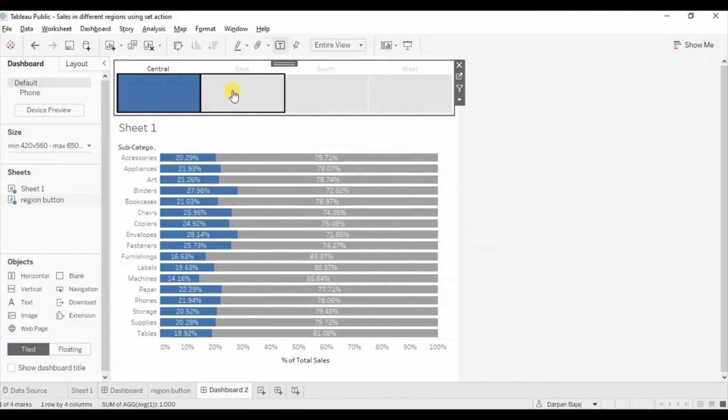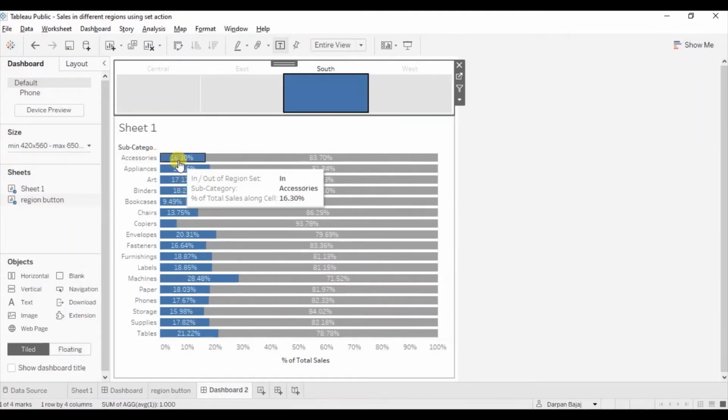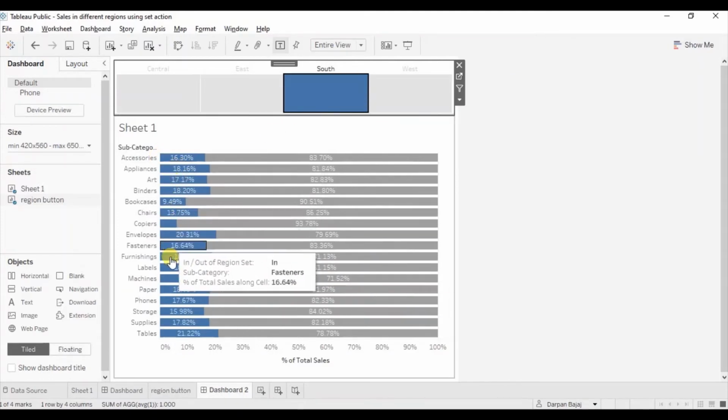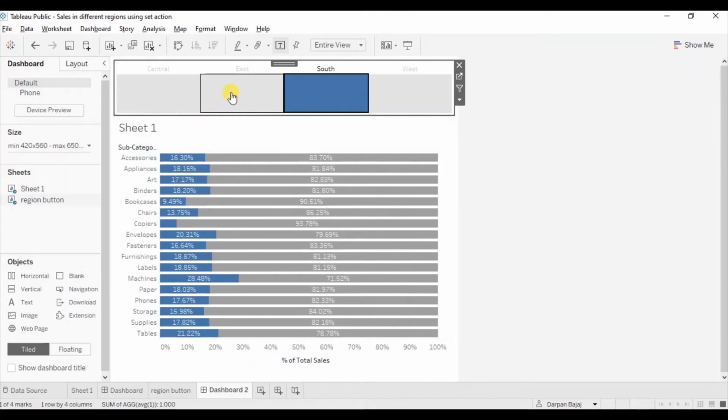Now as we select any region from the button, the view is getting updated. The blue highlighted section shows percentage of sales in that particular region. Now we are pretty close to our final view. You will observe that as we select any region, other regions get grayed out and are not easily visible. To solve this problem, we will have to do an additional step. Go to this sheet,